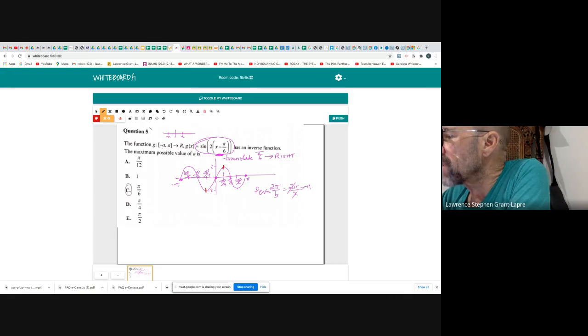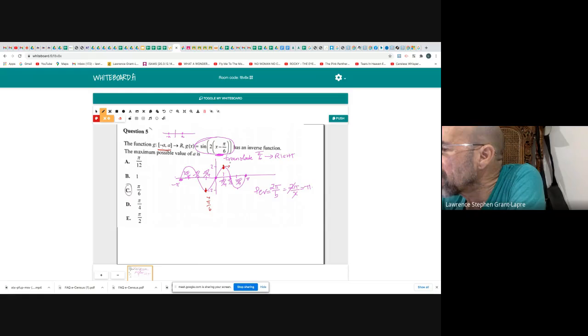Because they're turning points, we have to follow the turning points because we cannot have a turning point in our domain for the inverse function to exist. Now we're going to slide this across by pi over 6,